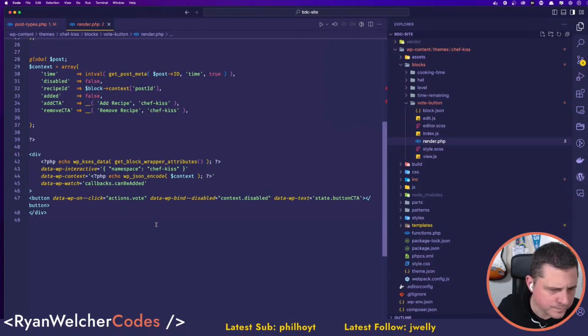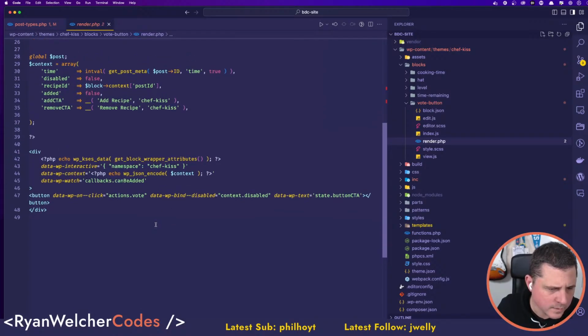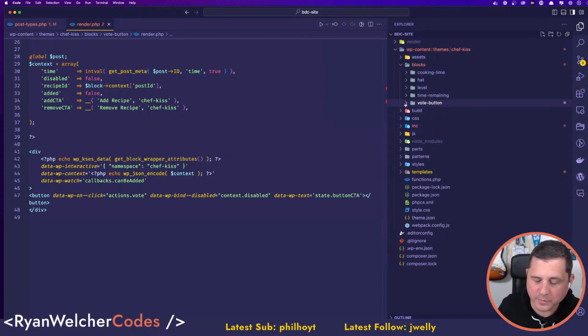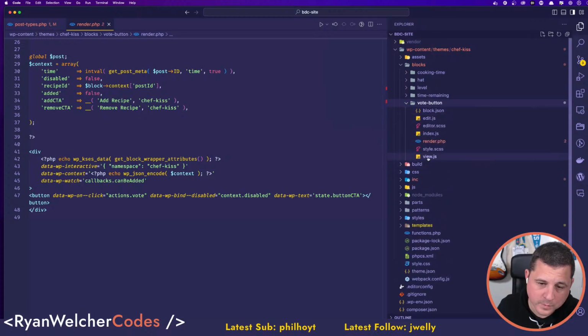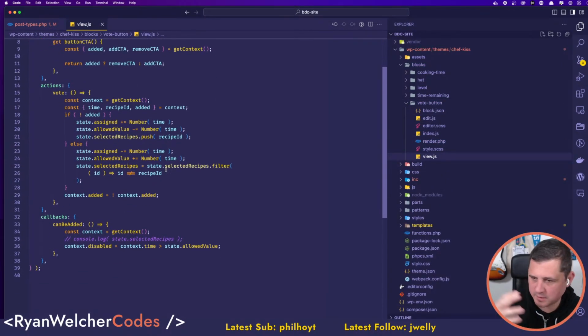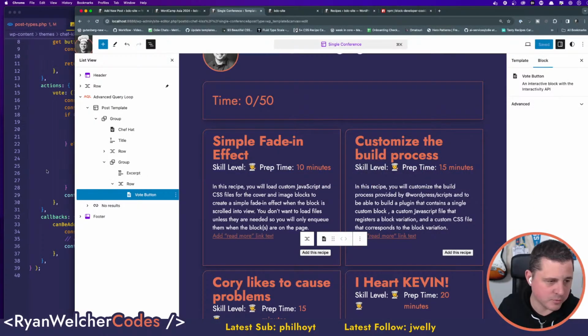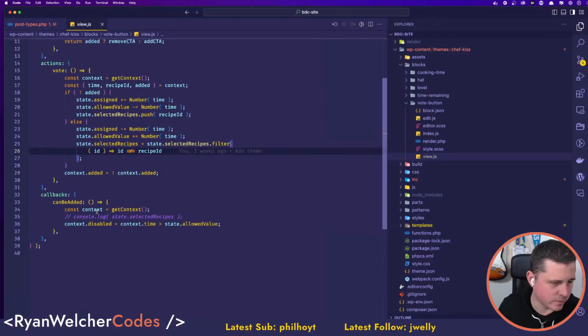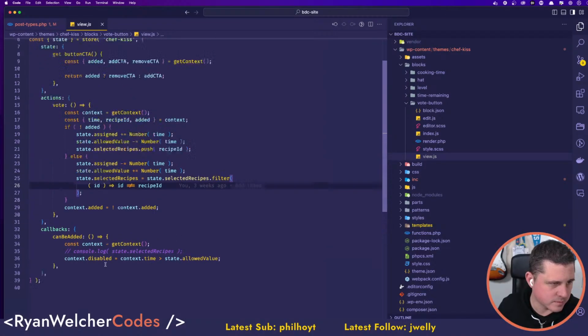Context disabled. Okay, so there's some things in the context disabled that I need to handle. As I said, this is using the interactivity API. So what I'm doing here is I need to decide whether or not this